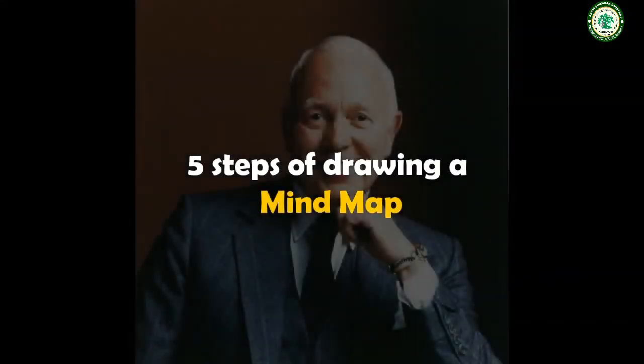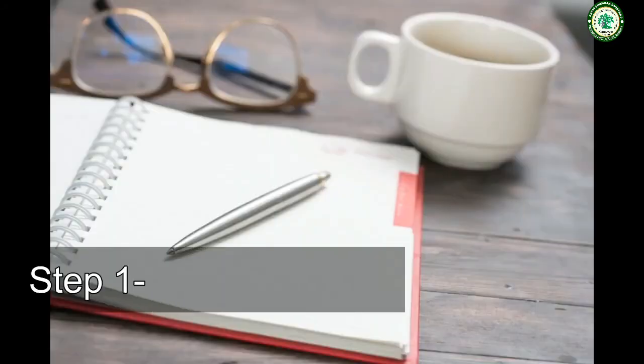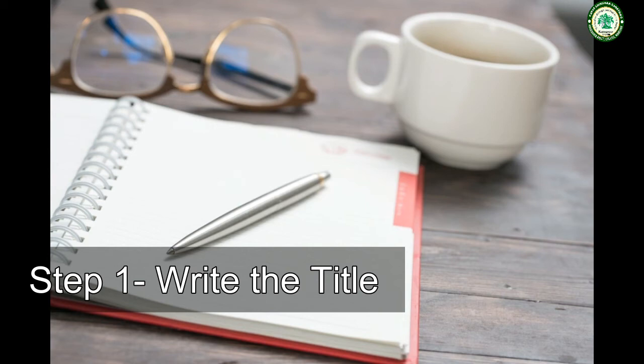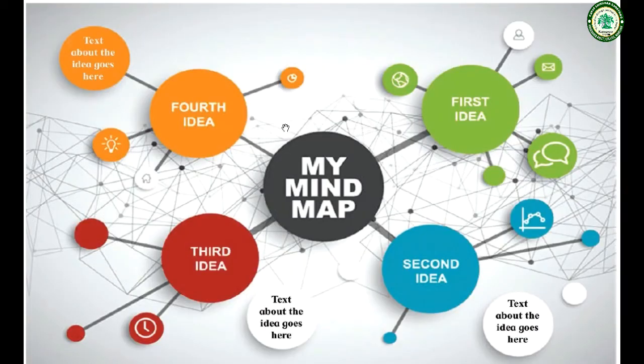Now we shall know about 5 steps of drawing a mind map. Step 1. Children, write the title of the subject or project that you want to develop. Start in the middle of the blank page and draw a circle around it. Step 2. Draw lines out from this circle as you think of subheadings of the topic. Connect the important facts to the center that relate to your subject. Label these lines with your subheadings.